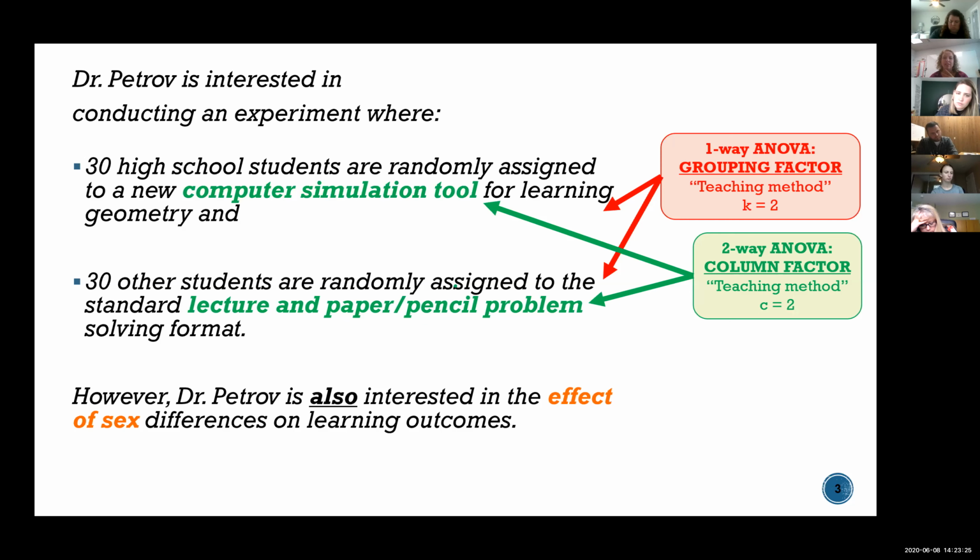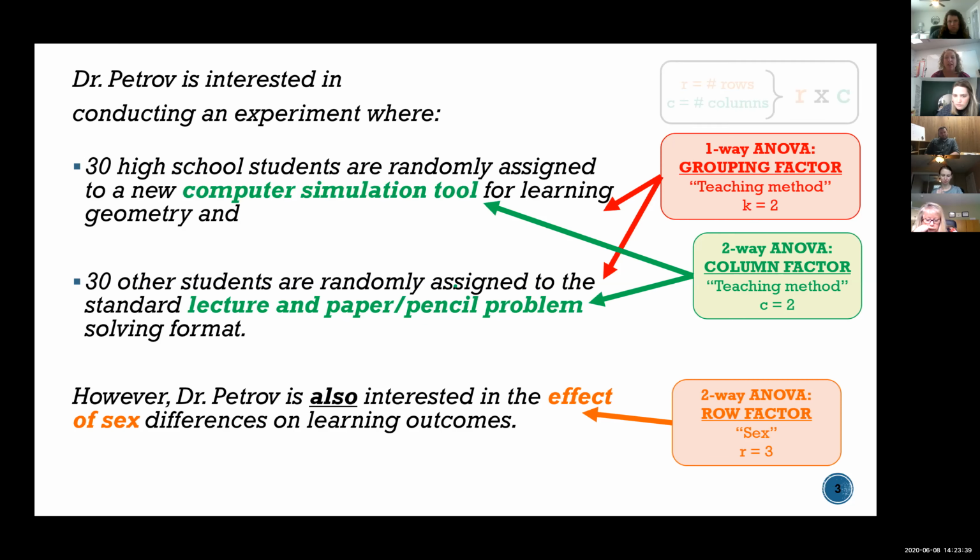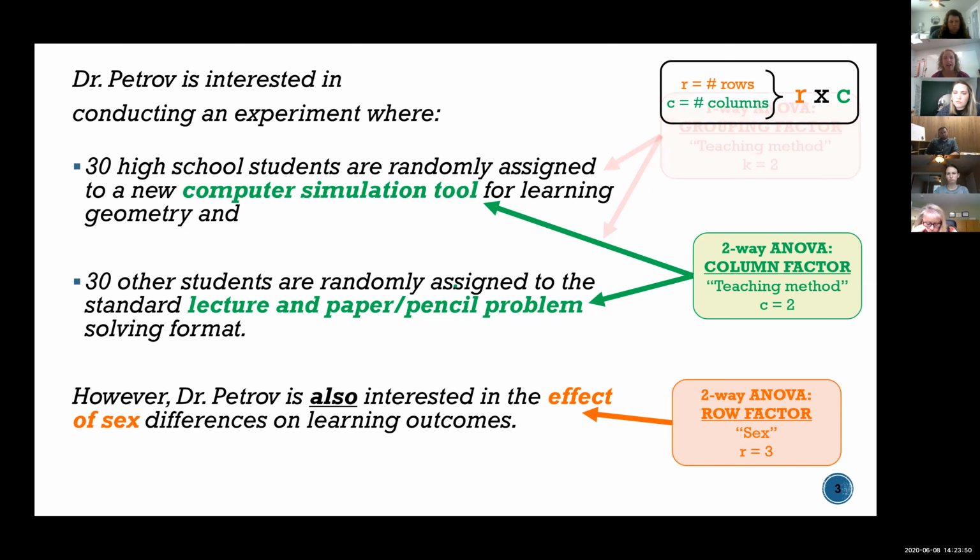And then sex, we would make as our row variable. Say we were going to do male, female, and other. So that would be 3 rows in our table. So R, this is not correlation R, this is just R for row, we'd have 3 rows. This becomes an R by C. We always do R by C because it's rows by columns, as in matrix math. So this would be a 3 by 2